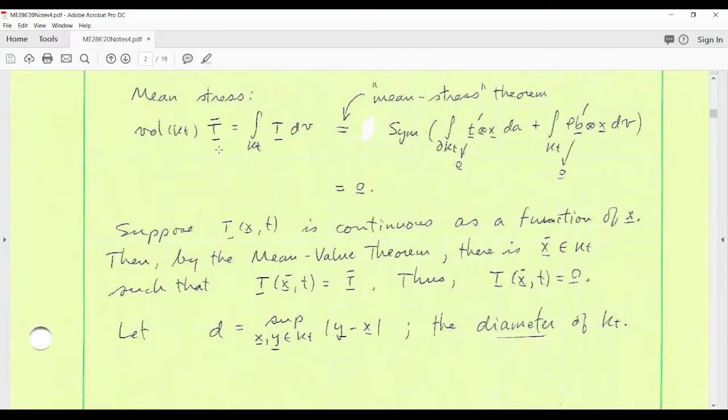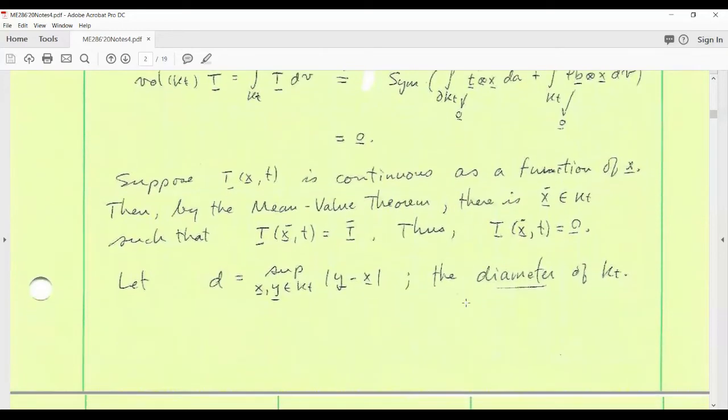So in this case, where no loads are applied to the body, after all, to achieve this so-called intermediate state, we've agreed to remove all the loads from the body. Therefore, the mean stress is 0 after we've done that. Therefore, there is a place in the body where the actual stress is equal to 0. Some point x bar, maybe more than one. So there exists a point, perhaps more than one, but at least one, where the actual stress is equal to 0. Okay, how can that help us? Well,